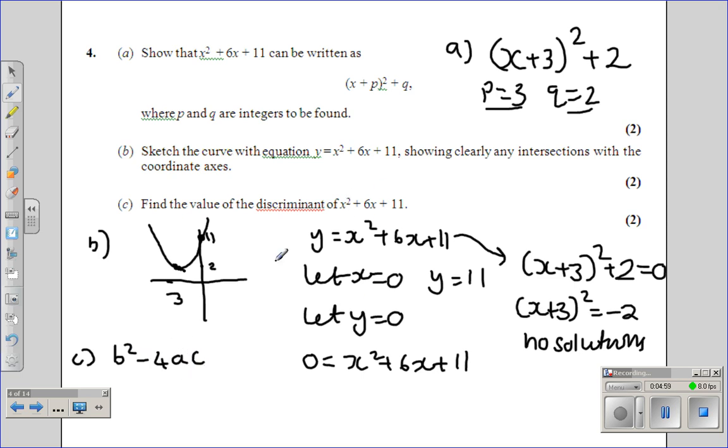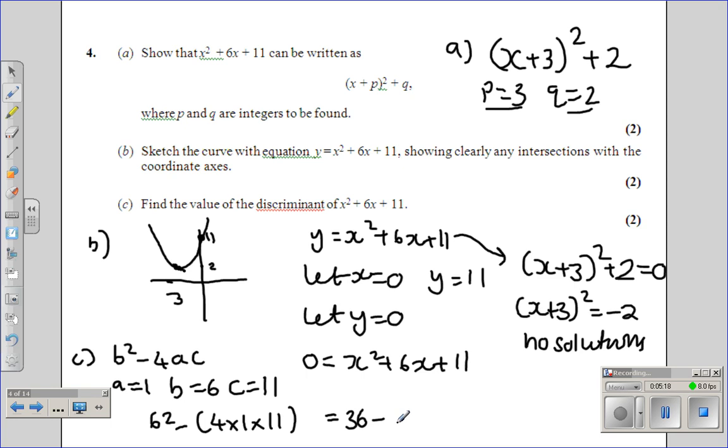In this function here, a is 1, b is 6, c is 11. So we get 6 squared minus 4 times 1 times 11, which gives us 36 subtract 44, which gives us negative 8,